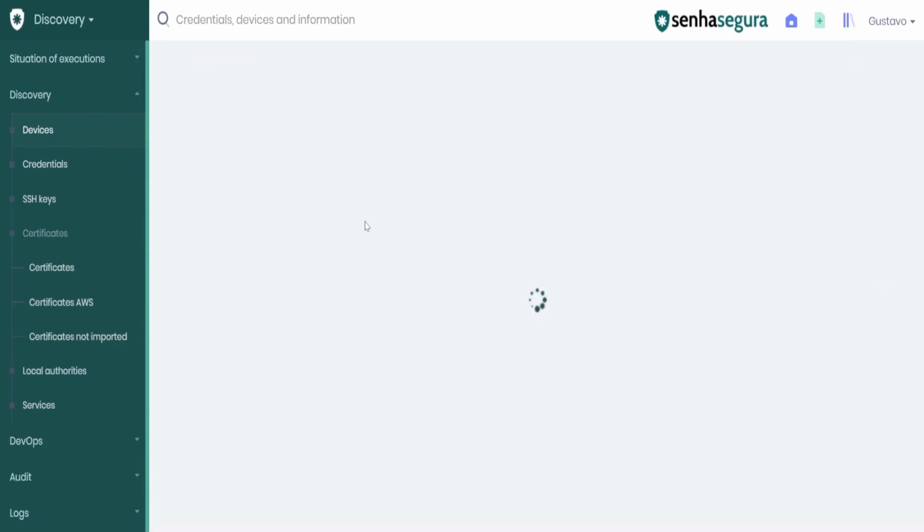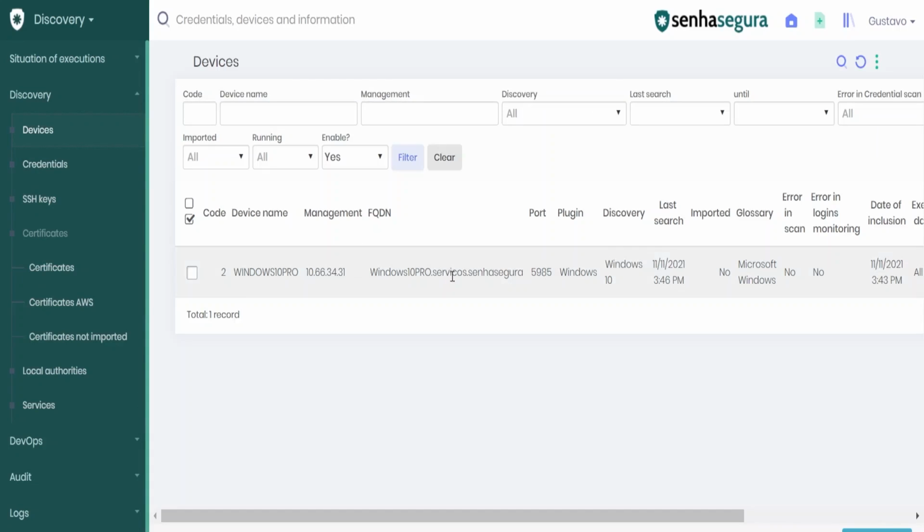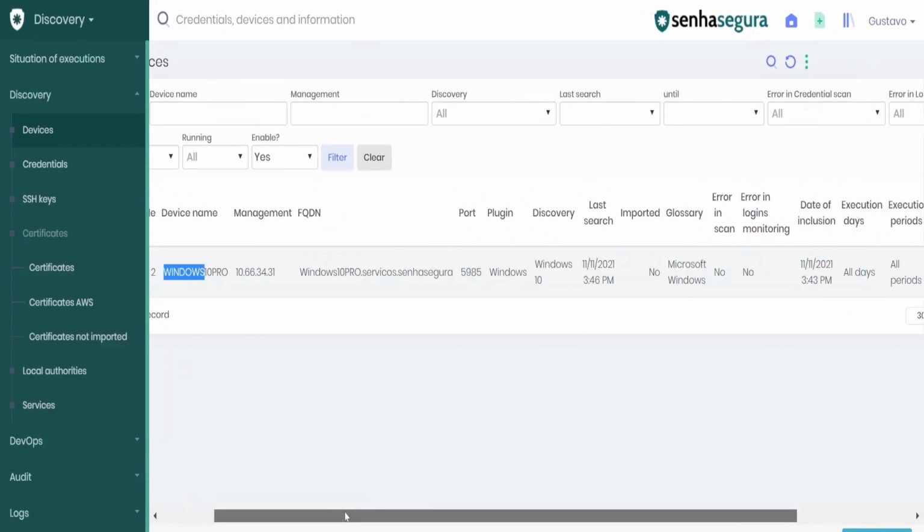But I can also go to Discovery, Devices, to find a list of all devices identified in my discovery search. My report brings only a single device because this is what I was looking for in my discovery. So in my case, the host name is already populated, but that might not be the case in your search. The host name is one of the things returned by the scan alongside the credentials. Since I had previously added a host name to that device, this field is automatically populated.